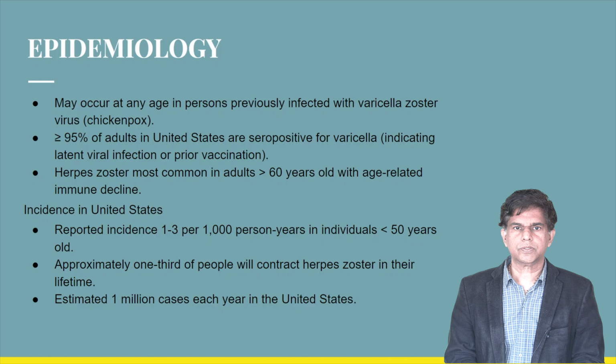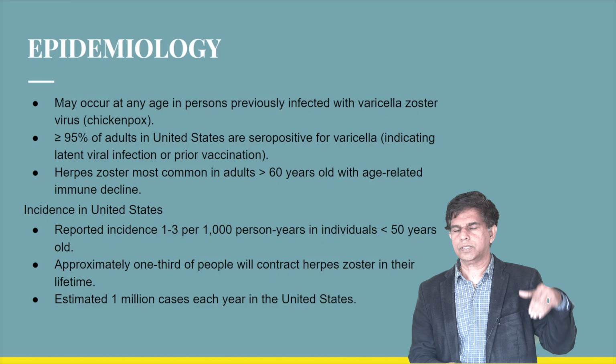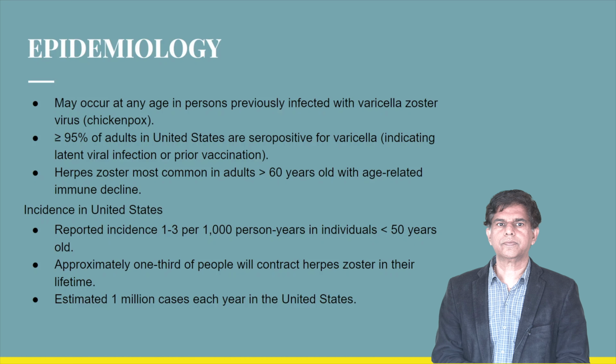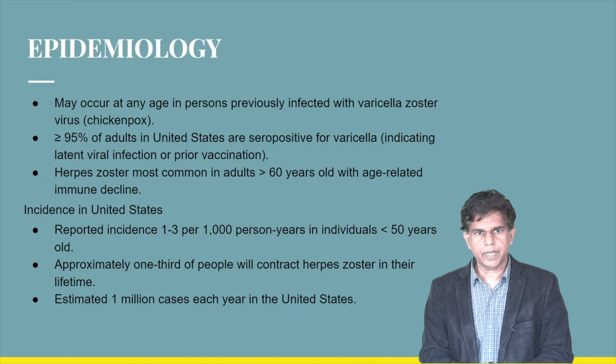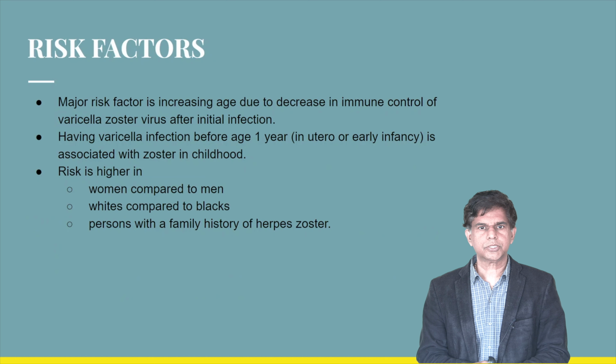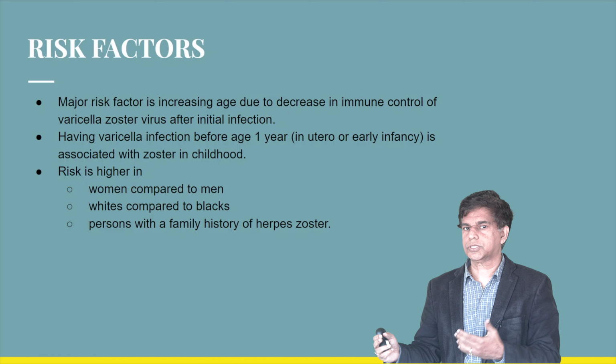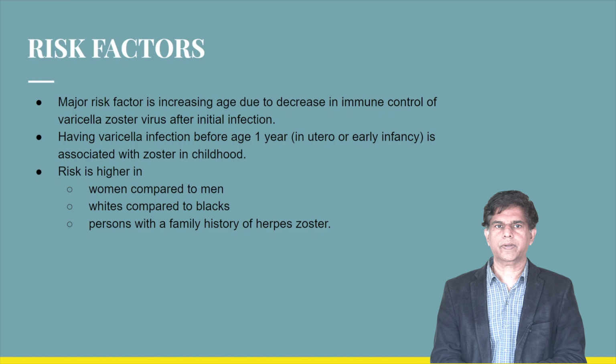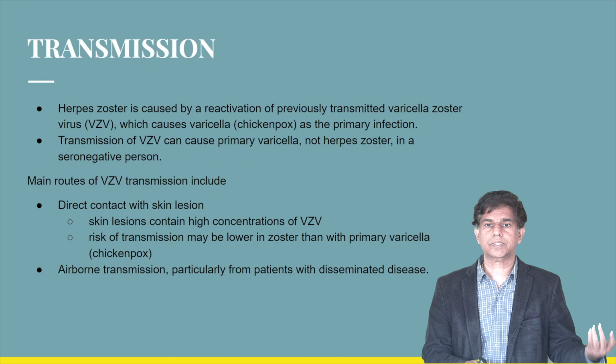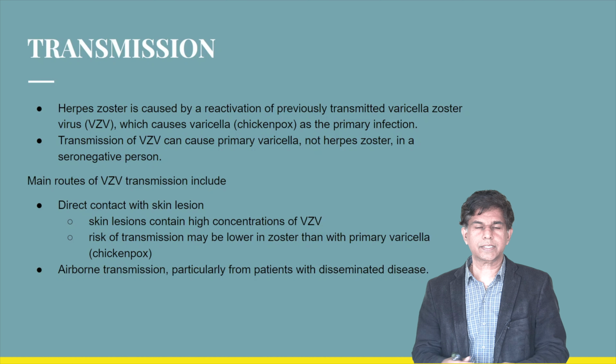So risk factors, major risk factors: increasing age, we know the immunity goes down, so we have to be very careful. Women have higher risk, and whites are higher, and a person with a family history of herpes zoster was also found to be at higher risk. So for transmission, herpes zoster is caused by reactivation of the